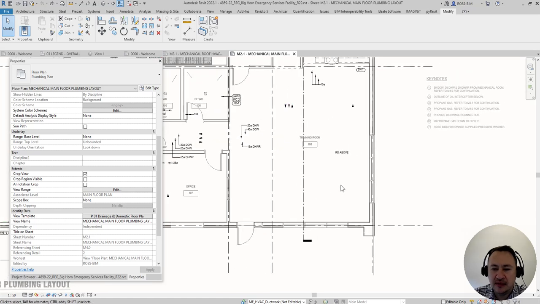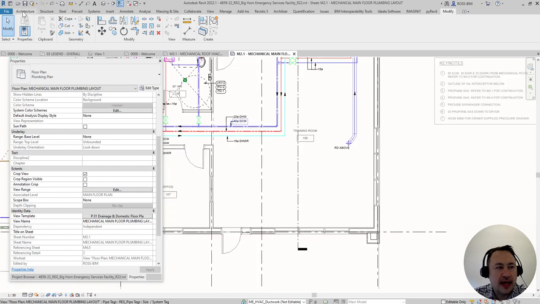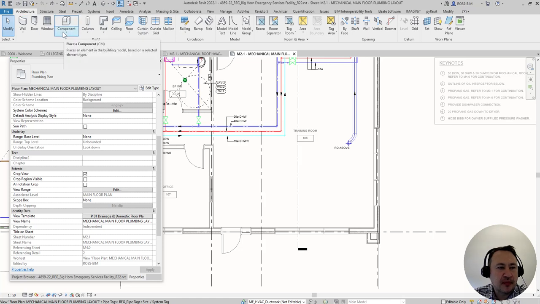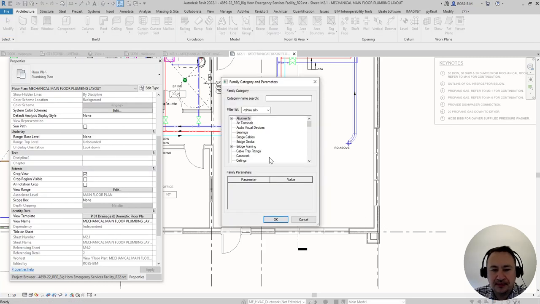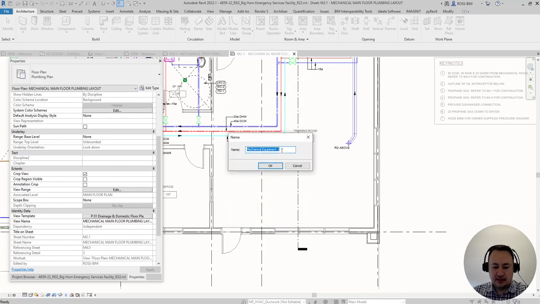So being in this view, I would have to go to the Architecture tab, click on Component, the triangle, and click on Model in Place. You will have this Family Category window pop up. You need to select Mechanical Equipment because we want to make this housekeeping pad as a mechanical equipment. Click OK. The next important step is to give it a proper name, which would be housekeeping pad,